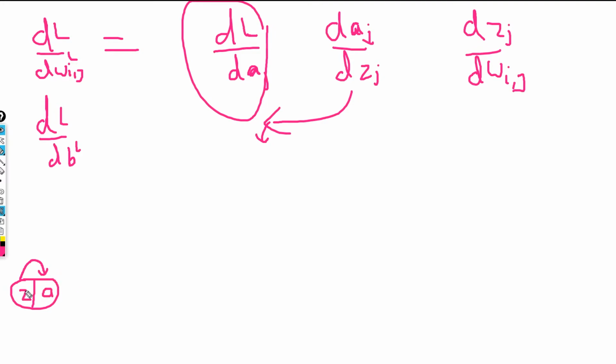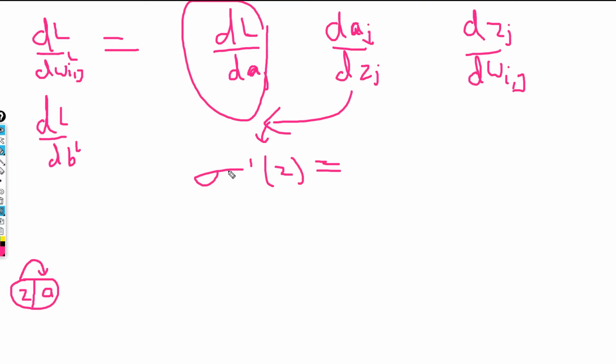That is how our z is converting into a. So let's suppose that activation function is sigma. Now the derivative of the sigmoid function, sorry for that,